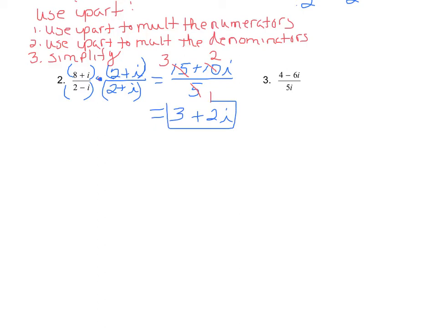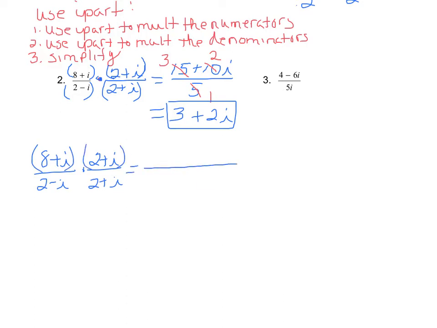That's pretty easy if you get to use I part. Well, what happens if you don't have I part? Let's see what happens. If you had 8 plus i over 2 minus i, and you had to multiply top and bottom by 2 plus i, you actually would have to do all of FOIL to the top, and you would end up with first 16, outer plus 8i, inner plus 2i,